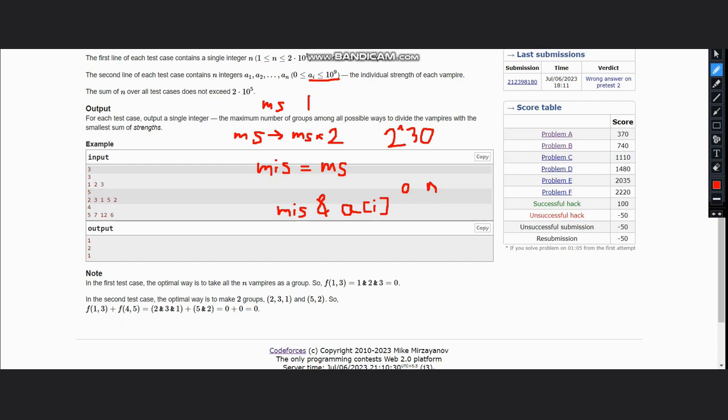Next, we can initialize another variable, suppose value. So our value is initially the maximum strength, until our value is not equal to the minimum strength,